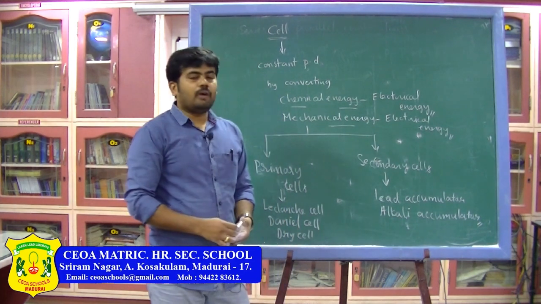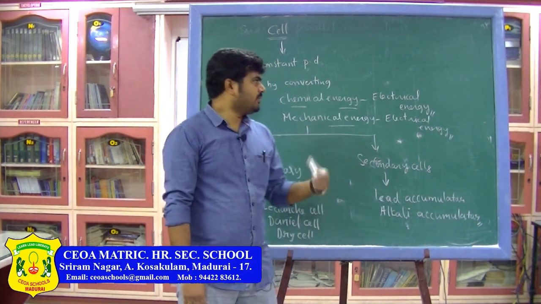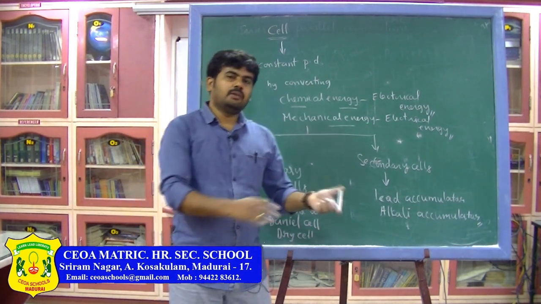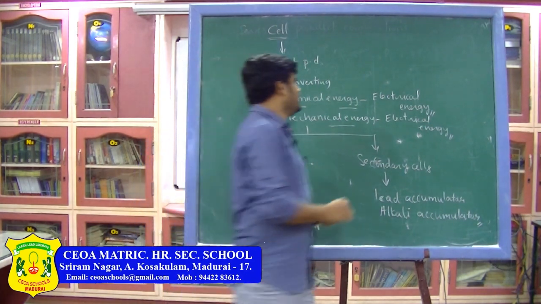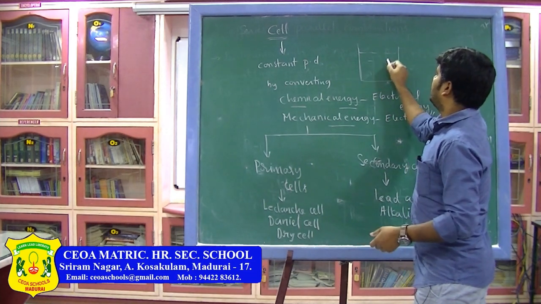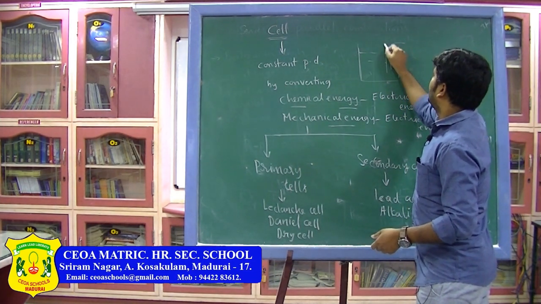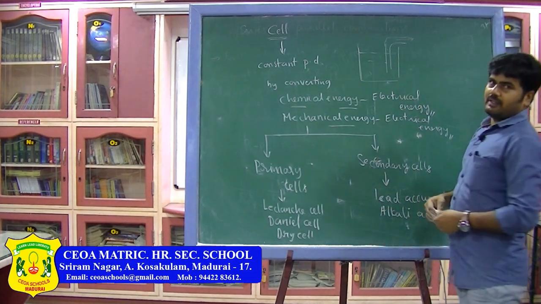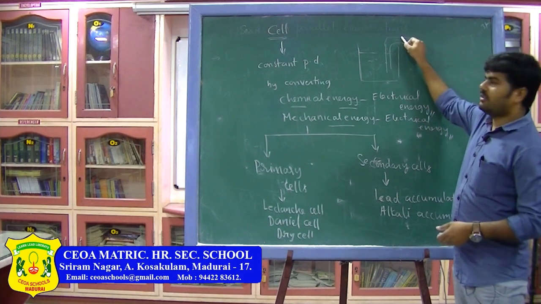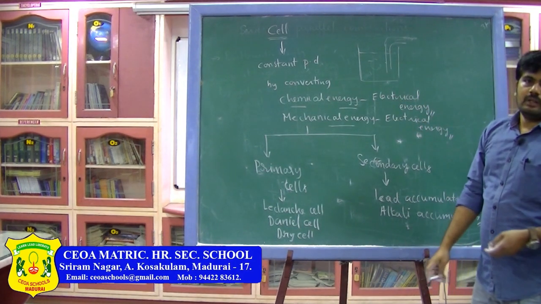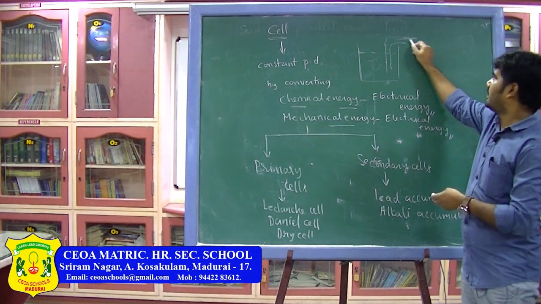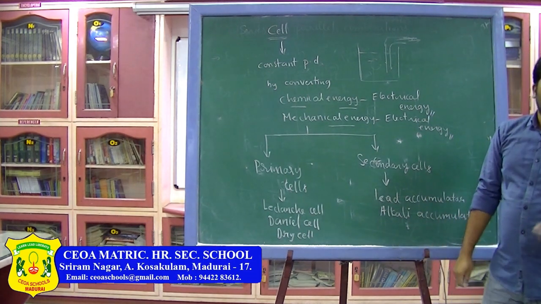Now, let me tell you what the cell actually does in an electrical circuit in maintaining the flow of current. First, suppose there is a well, which is a source of water. If you connect a pipe from the well, you cannot get the water directly without any electric motor. Here water is available and a pipe connection is made, but the water will not come from the bottom to the top of the well. So, you cannot get water flow out of the pipe. Keep this in mind.